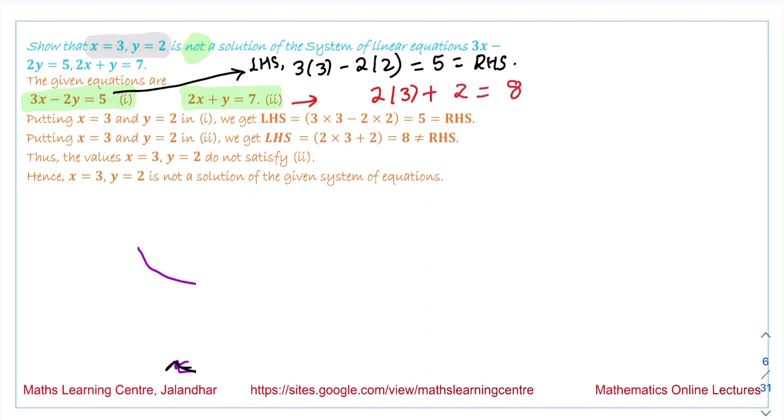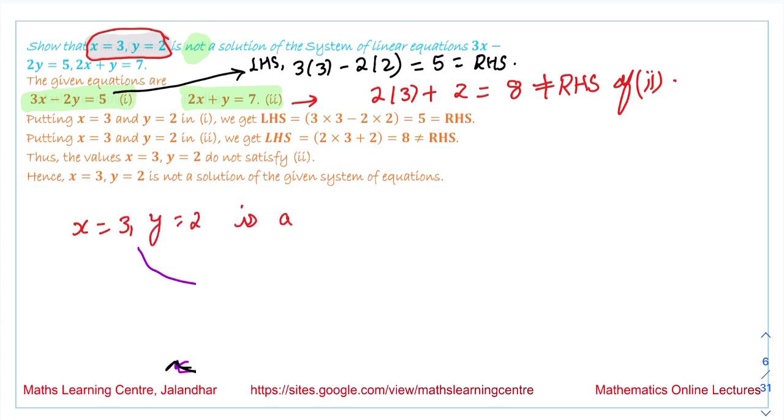The answer we get is 8, and this is not equal to the RHS of equation number 2. So we are saying that x is equal to 3 and y is equal to 2 is not a solution of this system. Now it is important to note over here that x is equal to 3 and y is equal to 2 is a solution of